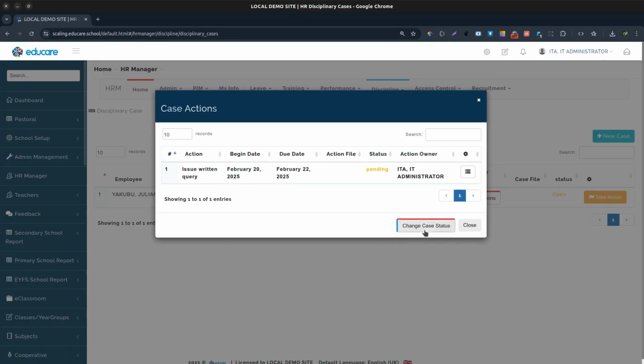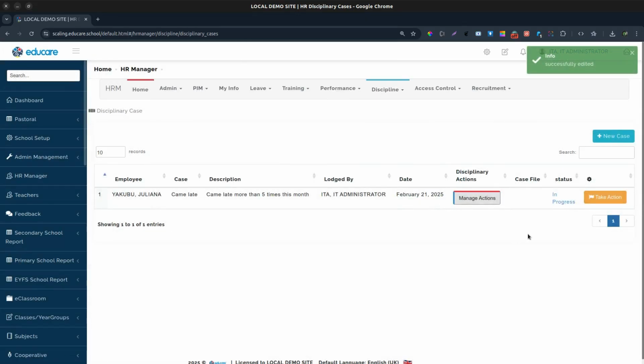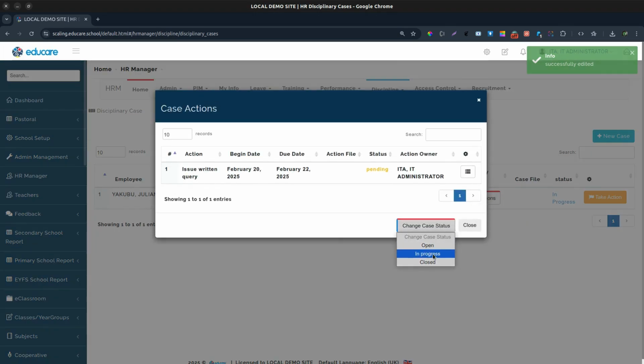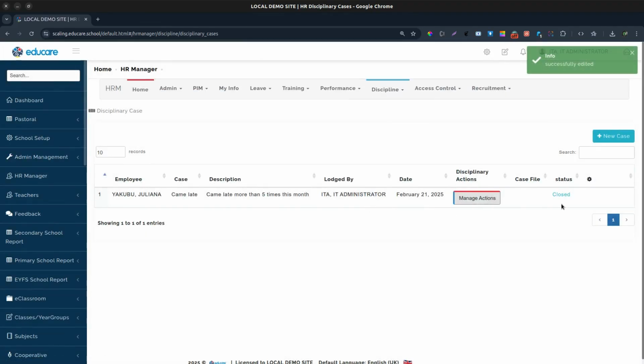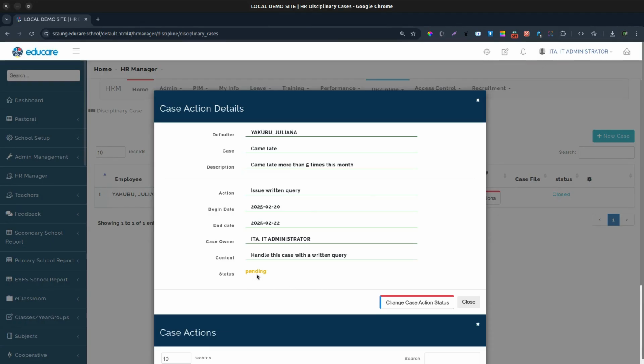Now, while the action is in progress, you can change the status to in progress, and then the system will take cognizance of that. And when it is all done, you can mark it as closed. So when you close the action, there will be nothing else to be done about that particular case, right? So even if you open it, you will see that it is done. Now, the same thing is meant to be done about